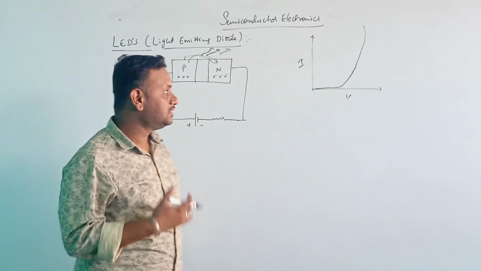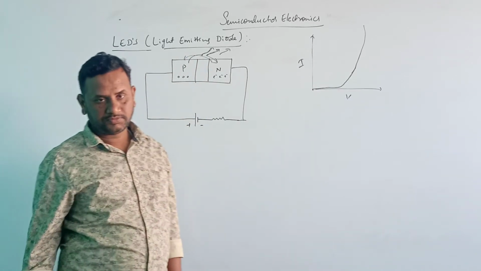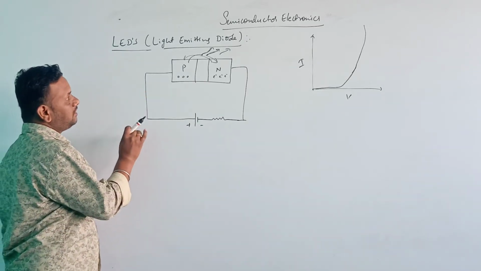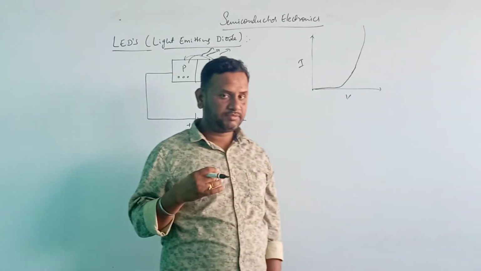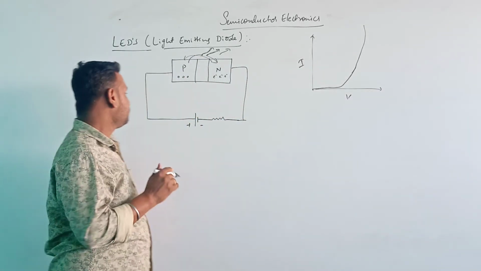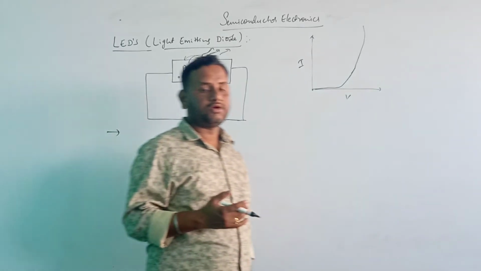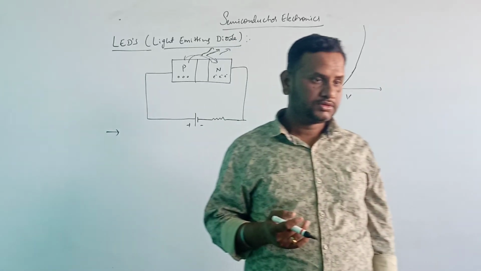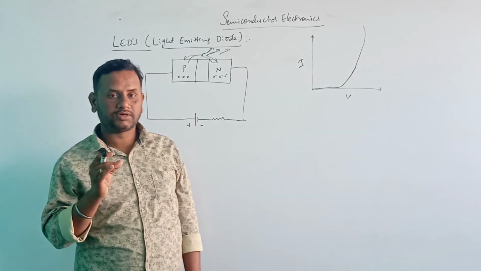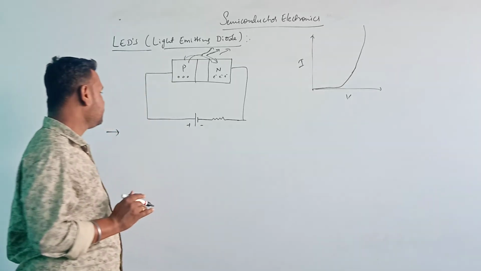Okay. And hence in this way, this diode emits the light here. Now there are some few points I am going to write regarding this light emitting diode. You just have to remember those important points. Sometimes they might ask me to explain the working of light emitting diode. So while writing the working, you should remember these important points and mention them. So I'll write that and you note that down.